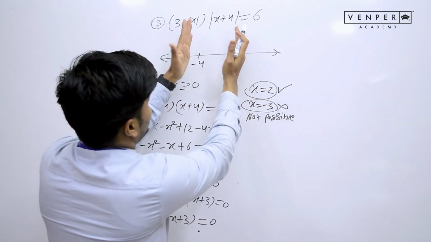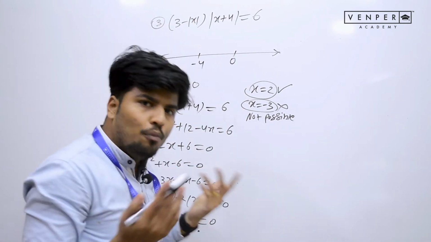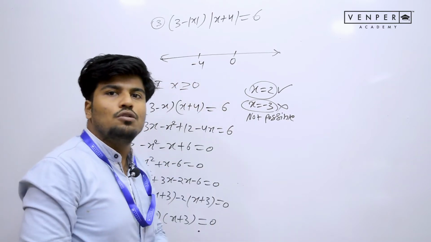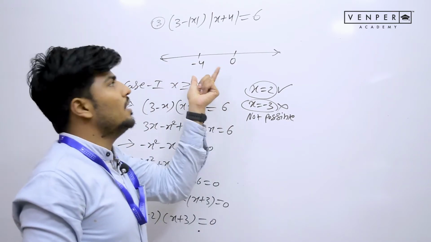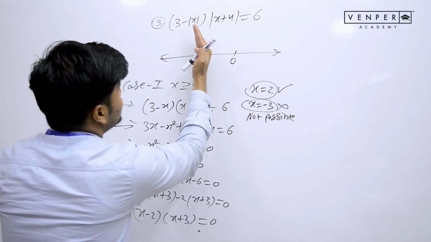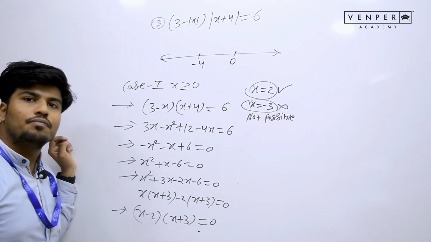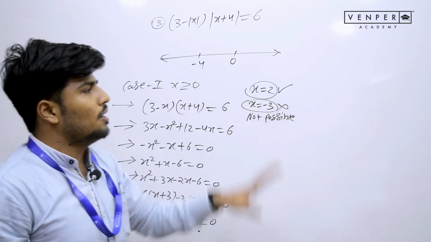In this range minus 4 to 0, let's see how many solutions I will find. We'll do the calculation between this range and see how many solutions exist. Then I will do one more calculation for minus 4 to minus infinity, and find how many solutions exist there also. And then I will write the total number of solutions.